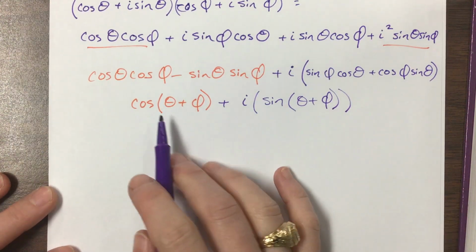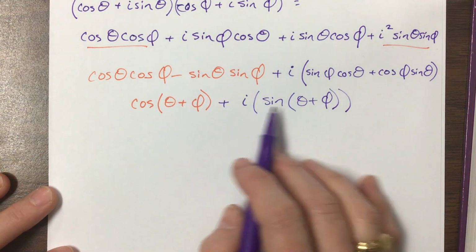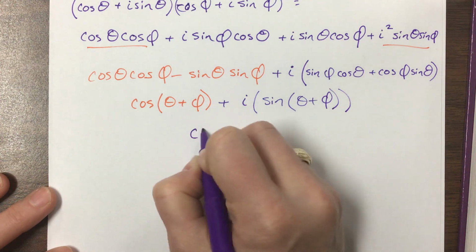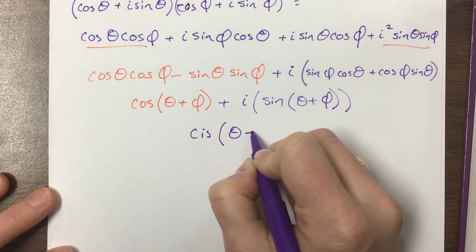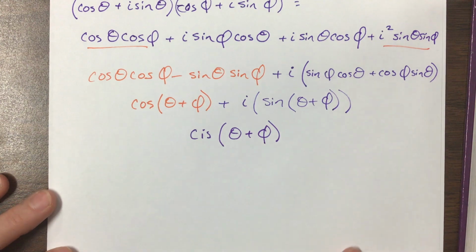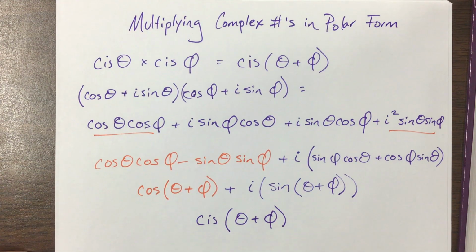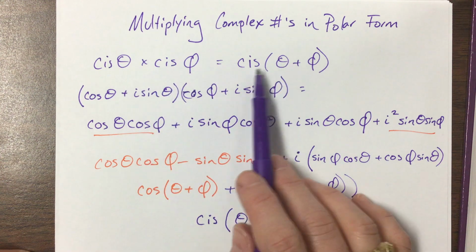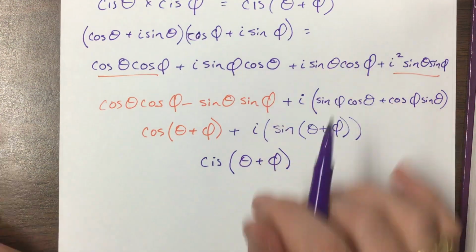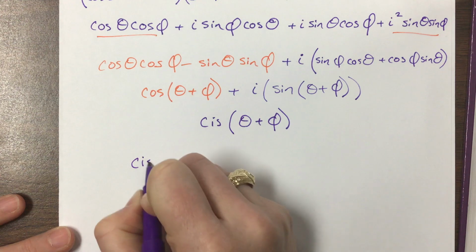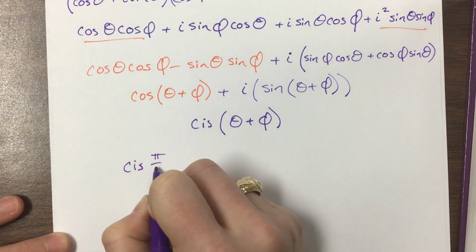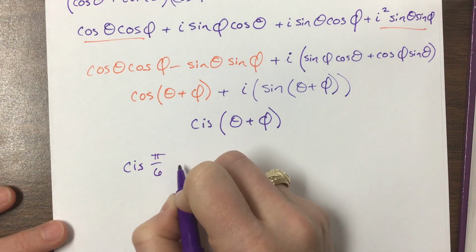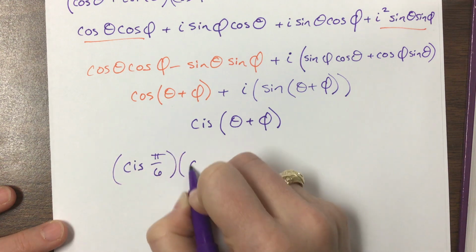And so now you may notice this is cosine of something plus I sine of something. We can call that cis of that something, which is this. So we have just proved that cis of theta times cis of phi is equal to cis of theta plus phi. So in other words, if I say, okay, I've got cis of pi over 6 times cis of pi over 4,